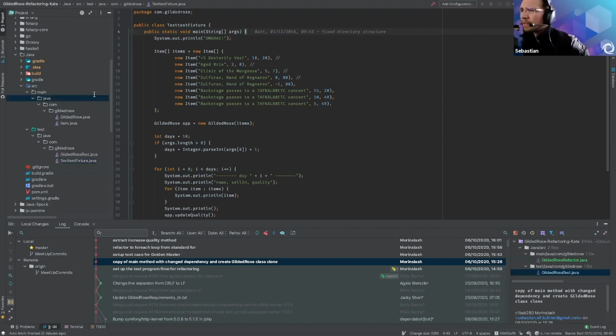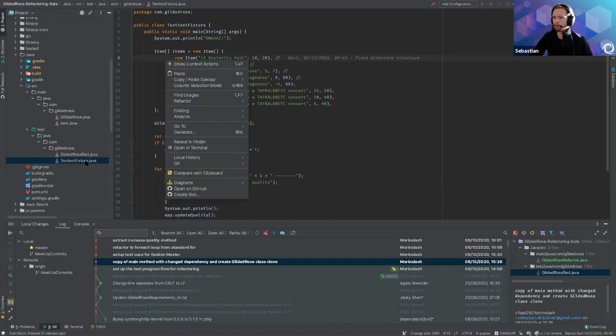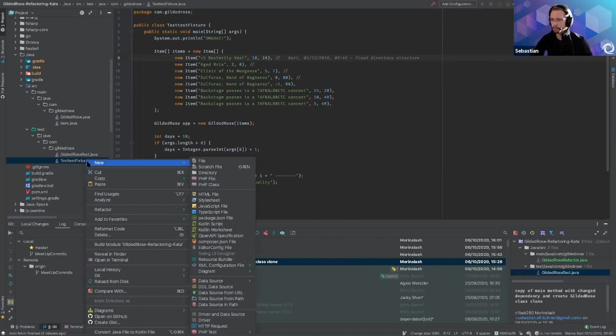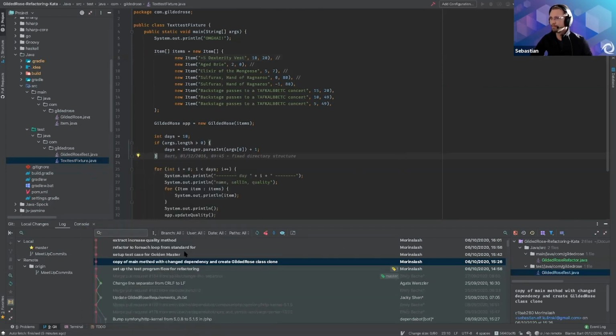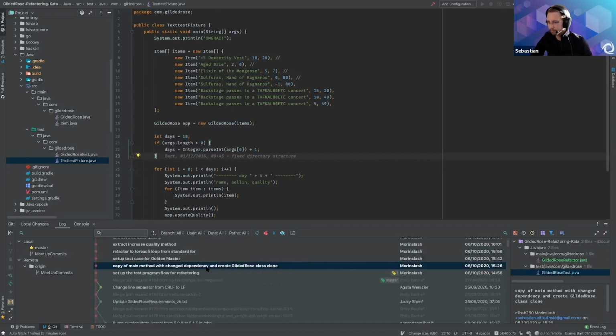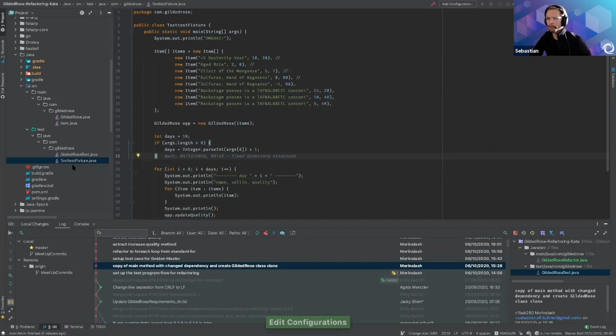I got sun in my screen and I'm not seeing very well. Why did it disappear? Something happened here.